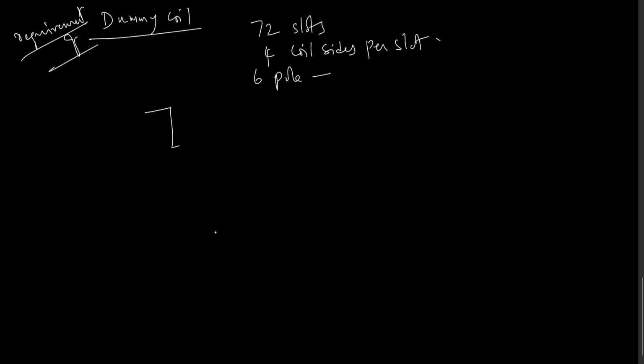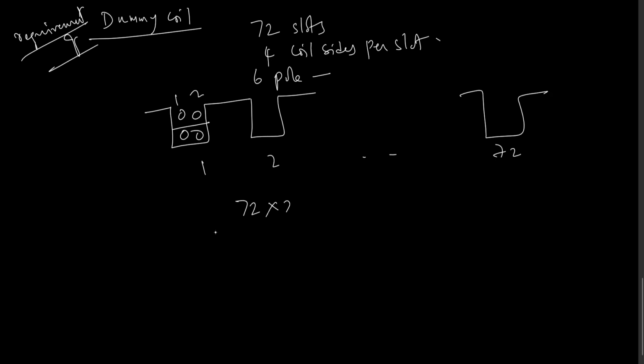So we have 4 coil sides like this, 2 coils in one slot, and 72 slots like that. So 1 2 up to 72. So 72 multiplied by 2 coils comes to 144 coils altogether. 144 coils altogether on the machine, which means also 144 commutator segments. Okay, but